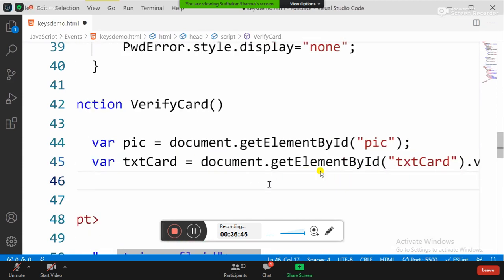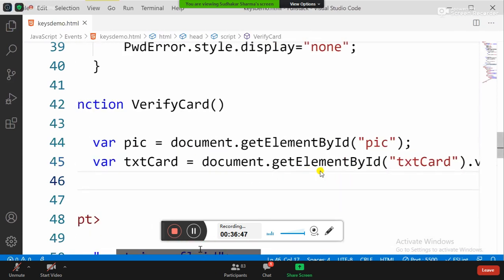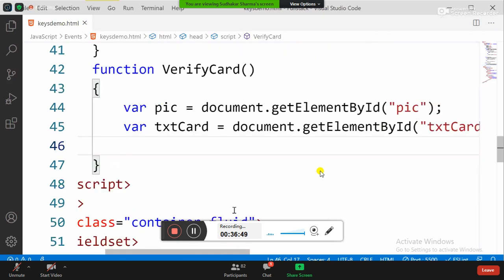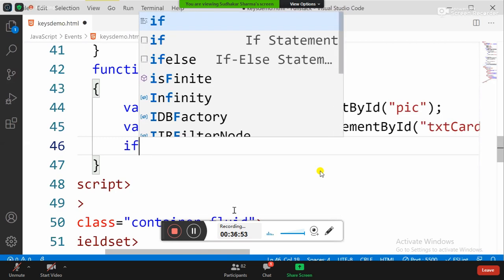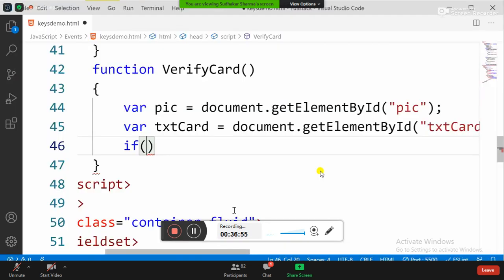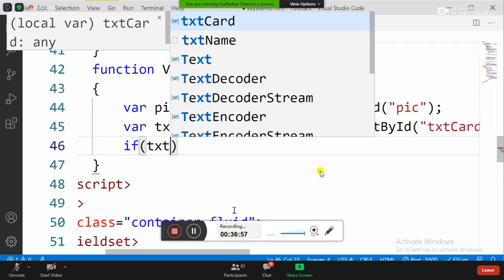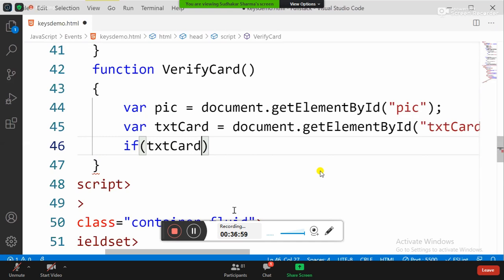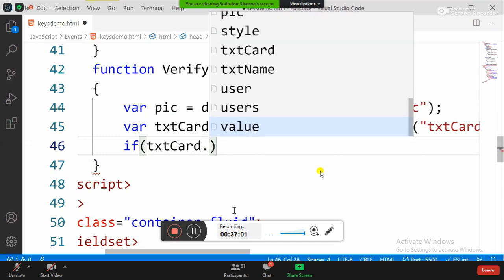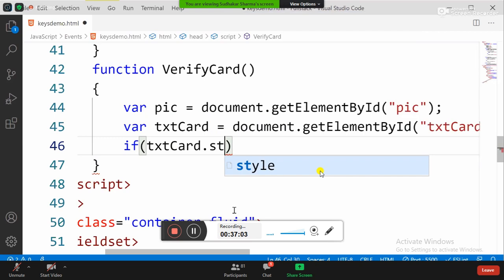Now here we are defining a simple value collected. I'm writing here if txt card, the card value dot, we have an option